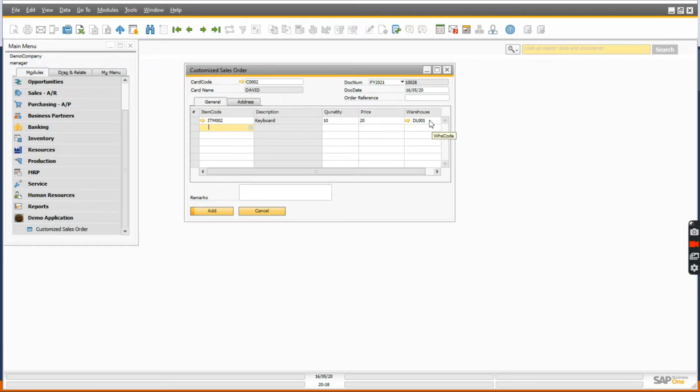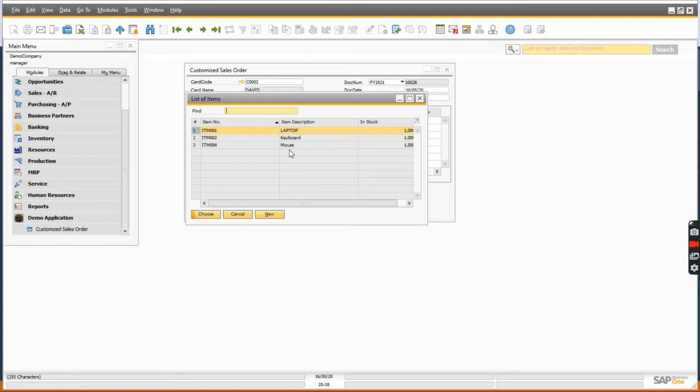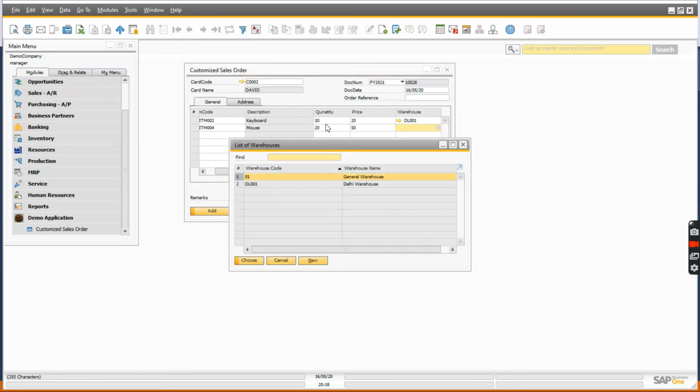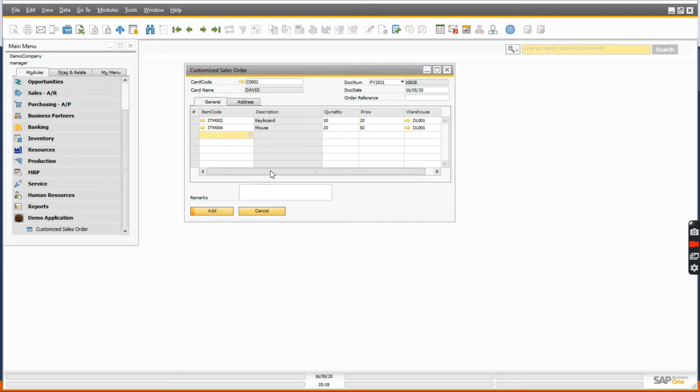That's why I have done it, and it is working. Let me add data for the second row also. You can see after each selection of warehouse it is adding a new row. So we have completed our first validation.